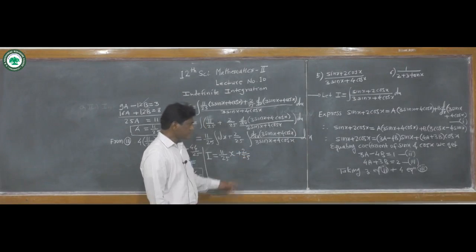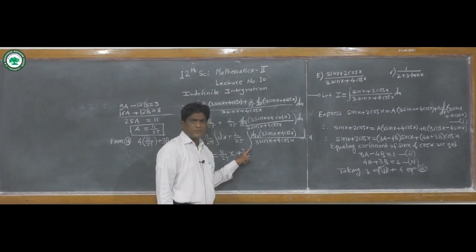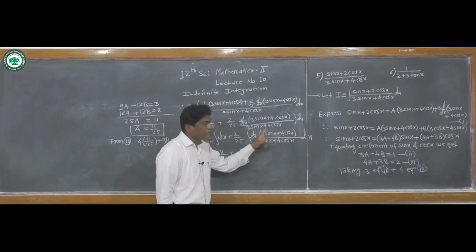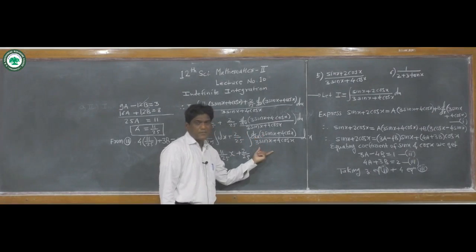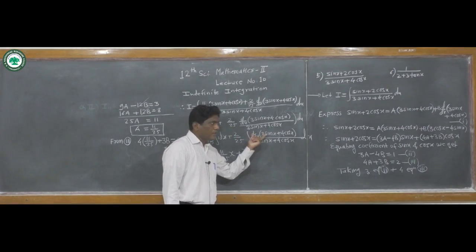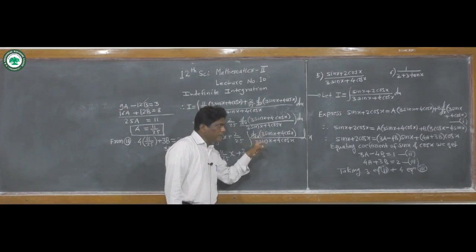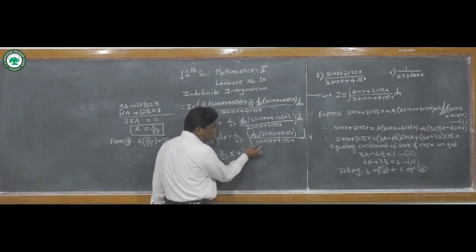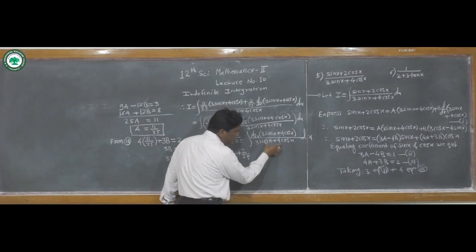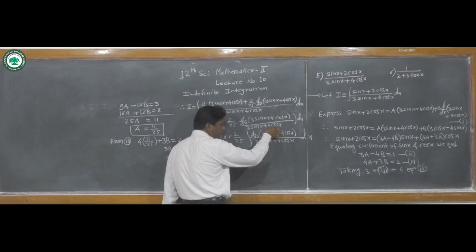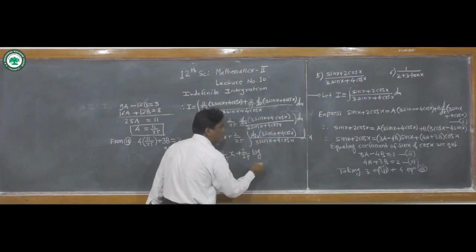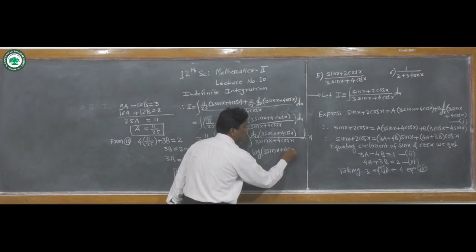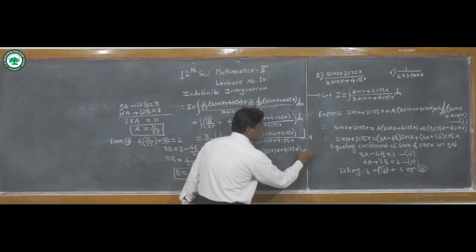And now use the corollary which we have seen. What is that corollary? While we take the integration of a fraction and in the denominator there is a function and its derivative appears in the numerator, then the result is log of the function. So here observe, the denominator is the function and its derivative is in the numerator, and so it is equal to log of the denominator. Denominator here 3 sin x plus 4 cos x, plus constant of integration.